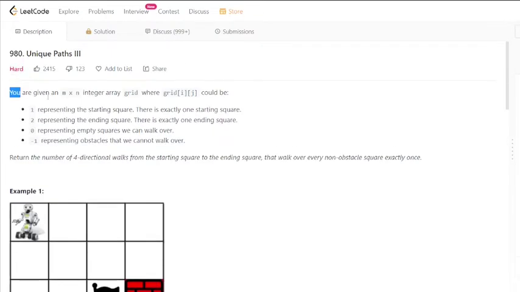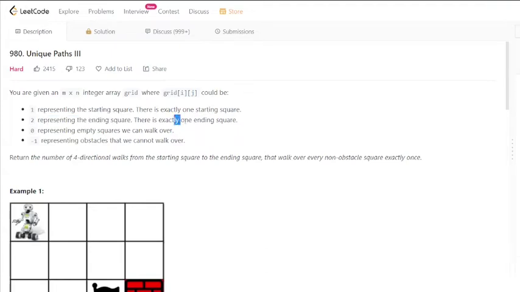The question states that you are given an m cross n integer array grid where grid[i][j] could be 1 representing the starting square. There is exactly one starting square. 2 representing the ending square.